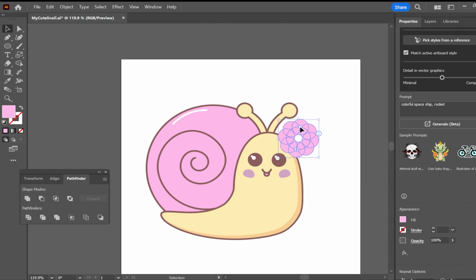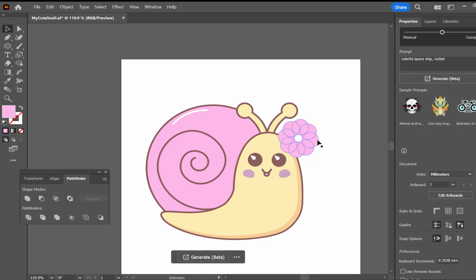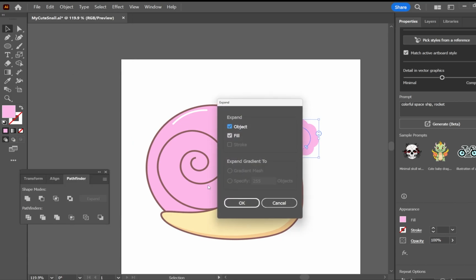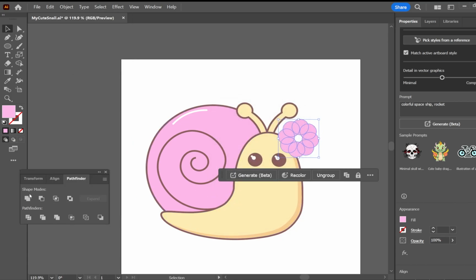There are 3 different points on there that you can adjust that allow you to play around with that shape. And when you're happy, go to Object, Expand, OK, and then click on the Pathfinder tool and just join that shape together.